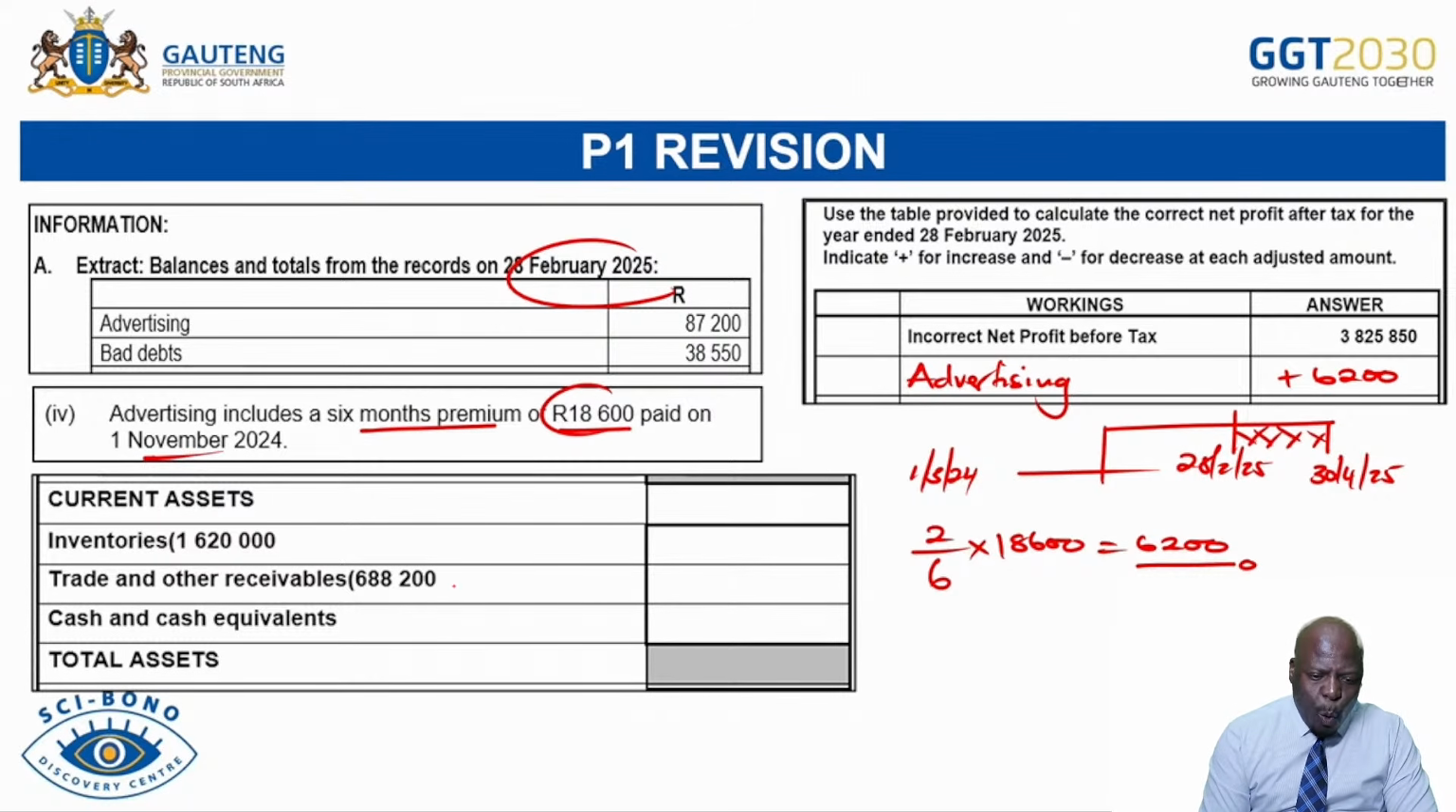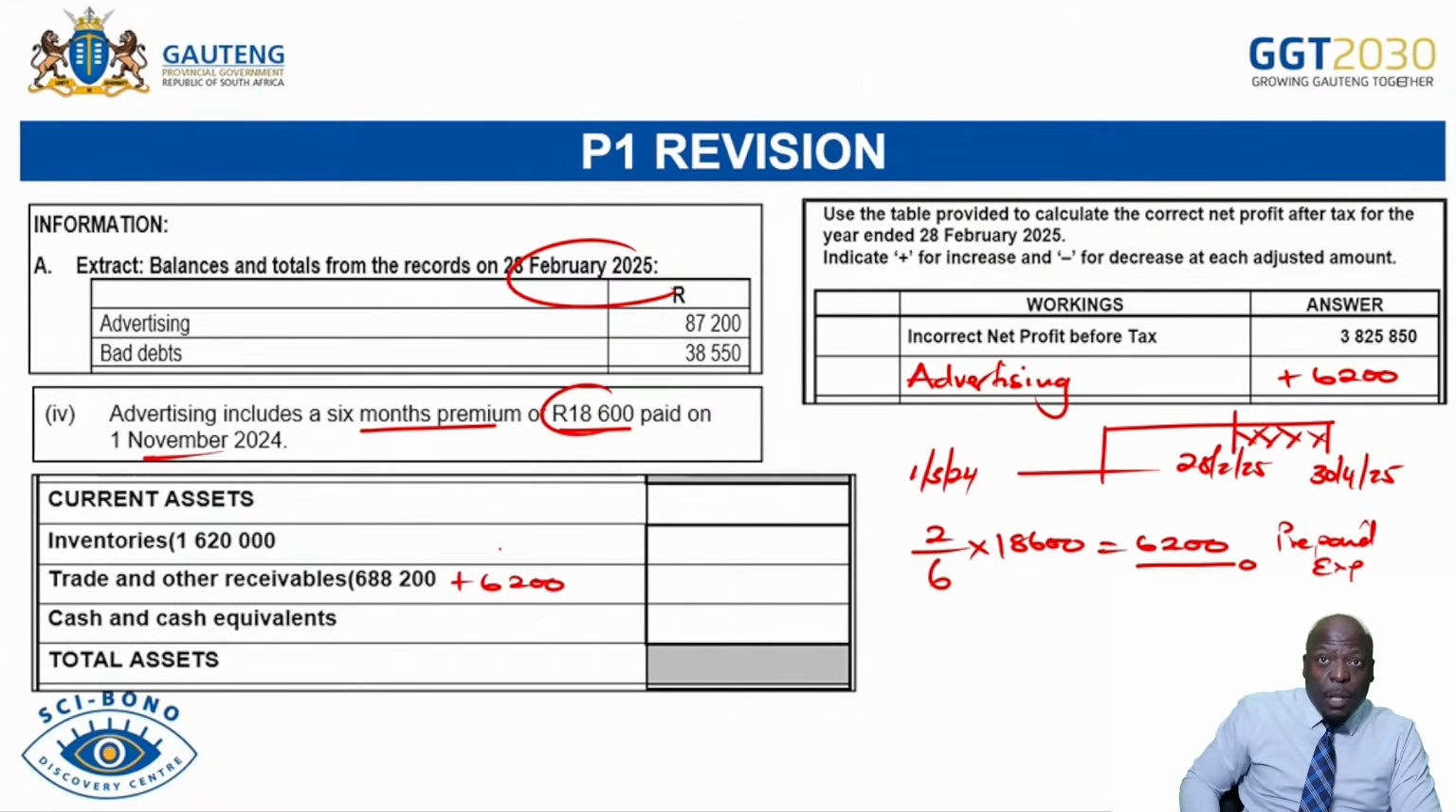But then what do we do in the statement of financial position? Remember, this is a prepaid expense. So we expect to receive it. It is receivable. So we come here, then we say plus 6,200. It is a prepaid expense. Let's go on to the next adjustment. And the next adjustment then reads,